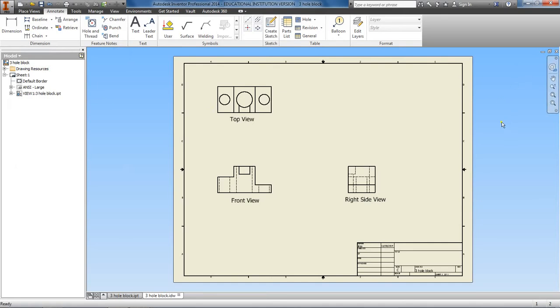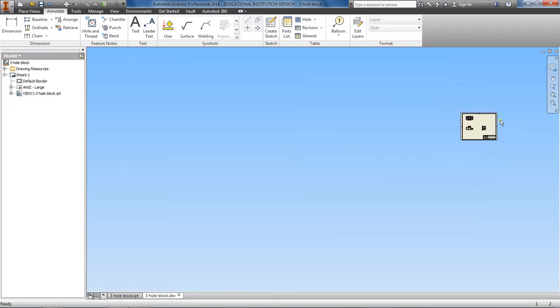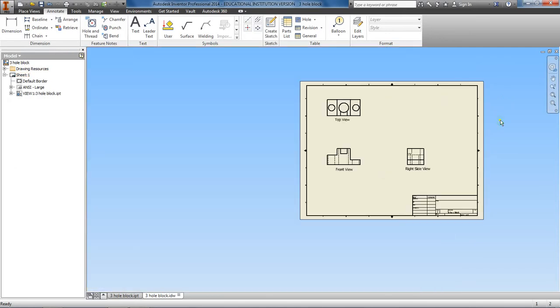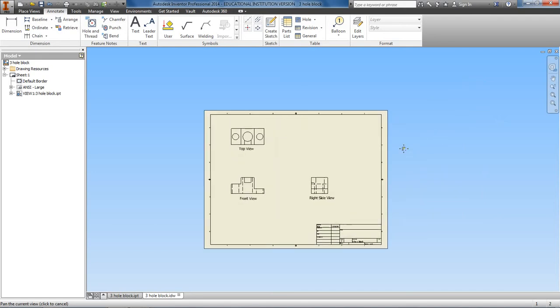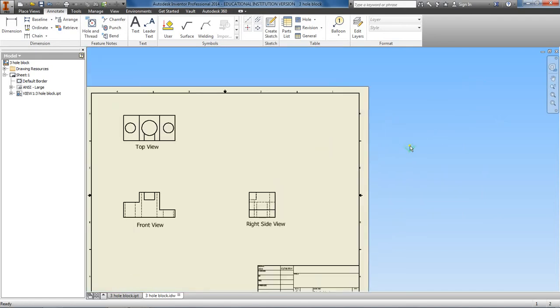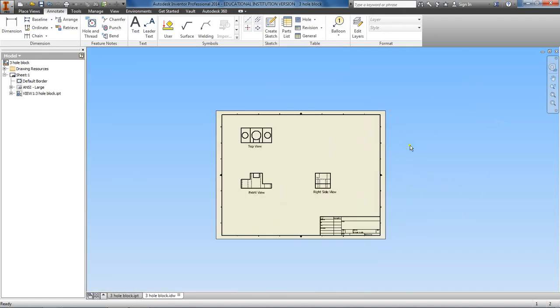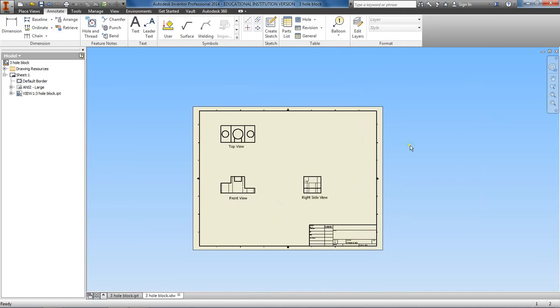Remember, if you use your wheel mouse, if you scroll forward, it zooms out, and if you scroll towards you, it zooms in. If you hold it down, it grabs the paper, and then it can move it around. And since we don't have that home button, and you want your paper to be sized to fit just right in the window here, what you could do is come